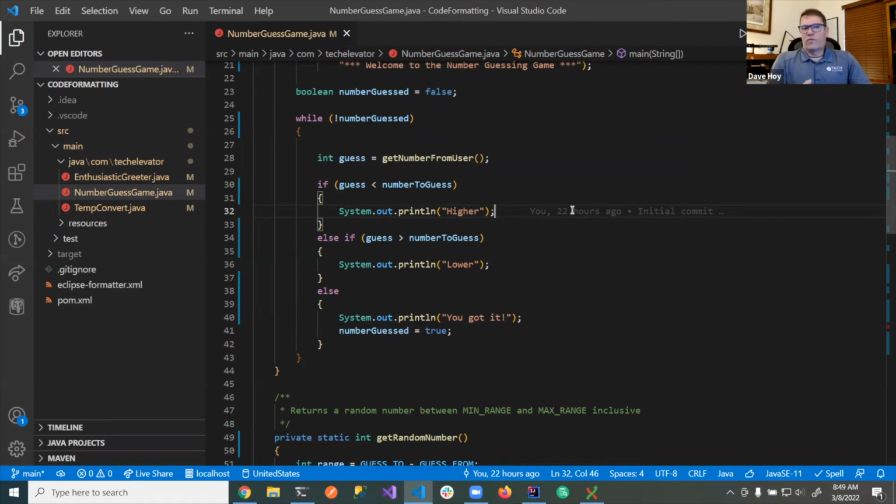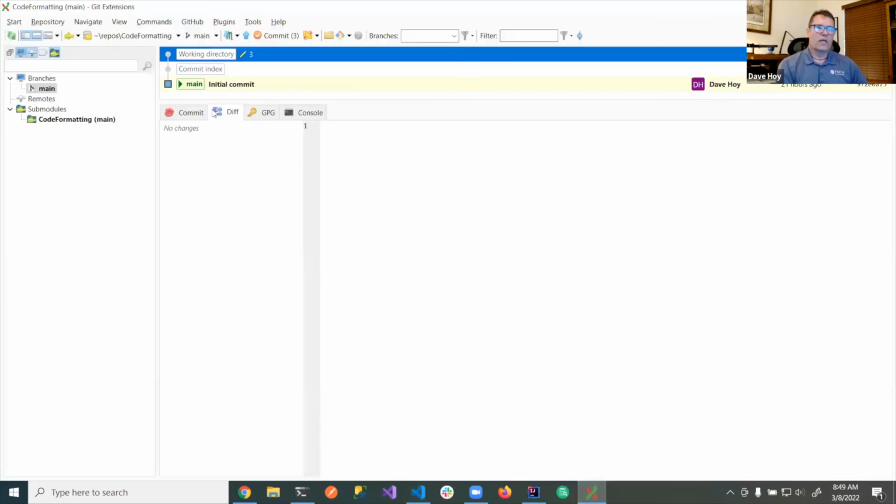Git is a wonderful, powerful tool, but it only knows how to compare text files. It doesn't know Java from SQL from a grocery list. It just compares the text in the files and keeps track of what changed. So if we take a look at what Git thinks changed in this one file, logically, all we changed was "correct" to "you got it." But if I take a look at what Git thinks we changed,